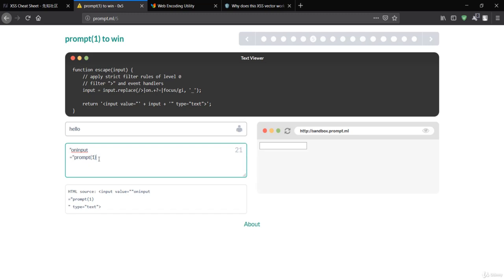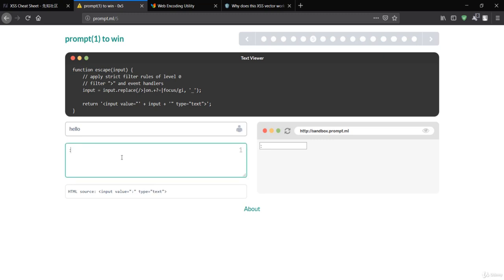So let's just stick to the basics. Here we are getting the prompt from the image because we want to change from text to the type image.